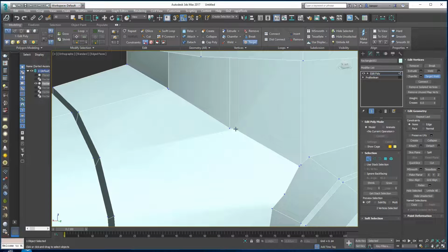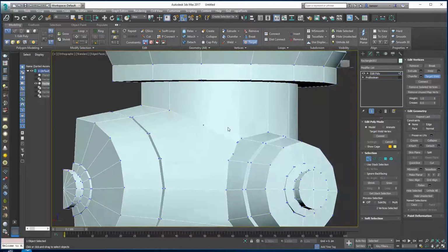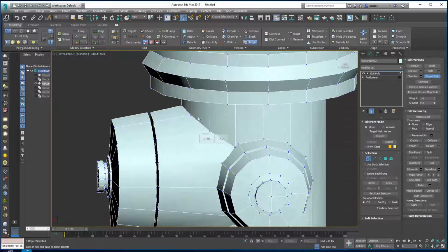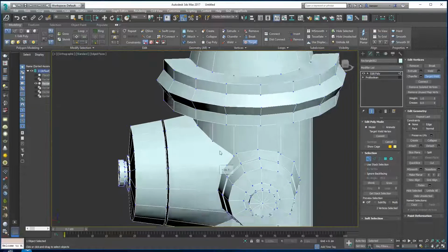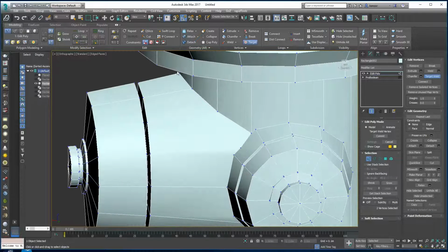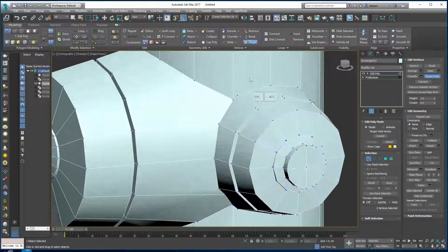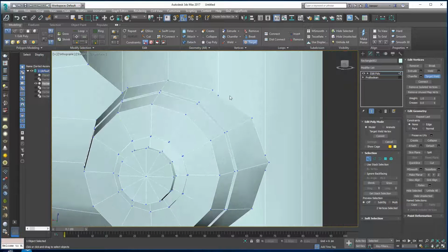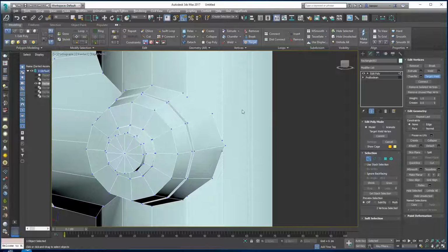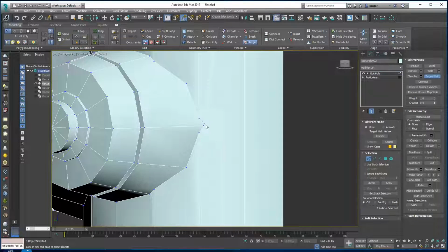Target world. So I'm trying to keep, I think, this cylinder shape in place, because this is a bit off, so I don't mind if I fuss that around a little bit. Guess I might need an edge loop across there at some point to kind of just keep that shape, but let's move this around first. Leave that there for the moment. That's all on the centre line. Yeah, I really could have done another loop there. I think I'll have to use something to fix that, but let's